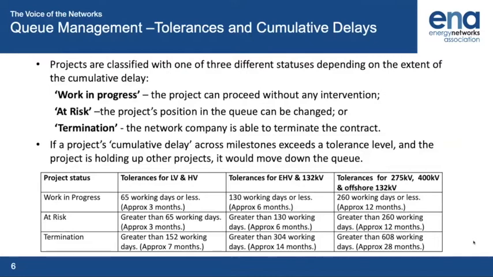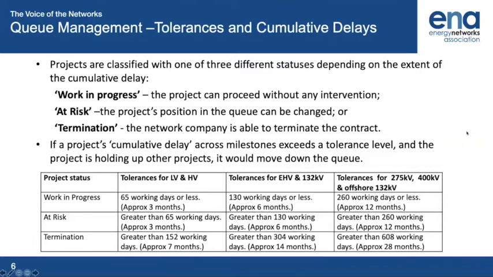So if you're on any one of those milestones, if you are within the 3 months for LVHV, that's fine, right? Now then, let's say you started going over that 3 months, your project's now at risk, and it's at risk for another 3 months. But the idea of the 3 months is basically having a conversation with you: what's the issue? This is the issue. Well, look, you've got 3 months to get that back on track,